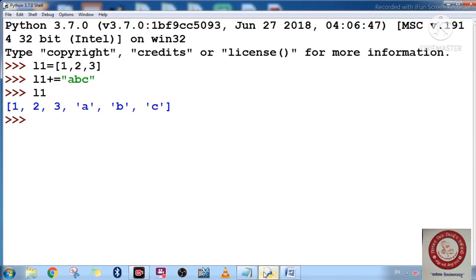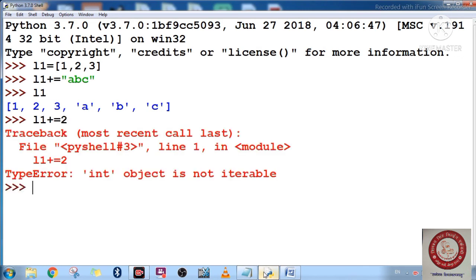तो इस चीज को आपको ध्यान रखना है। और इसी तरह से अगर आपको नंबर जोड़ना हो तब क्या क्या पॉसिबल होगा, L1, ठीक है, सपोज मुझे L1 के साथ एक नंबर को जोड़ना है तो आपको पता ही है कि ये एरर आएगा, लेकिन यहाँ पर अब देखते हैं एरर आती है कि नहीं आती है। देखिए L1 प्लस इक्वल टू 2, ठीक है, क्यों, क्योंकि यहाँ पर आपने नंबर को ऐड करने की कोशिश की है। लेकिन अगर मैं इस तरीके से लिखूंगा, इस एलिमेंट को लिस्ट में डाल दूंगा, अब आपका एरर नहीं आएगा। ये देखिए 2 आपका लास्ट में ऐड हो गया ये, ठीक है। तो आपका जो मेन लिस्ट है उसमें आपका ये कॉन्कैटिनेशन हो गया यहाँ पर। So I think students you are able to understand what I am trying to teach here.